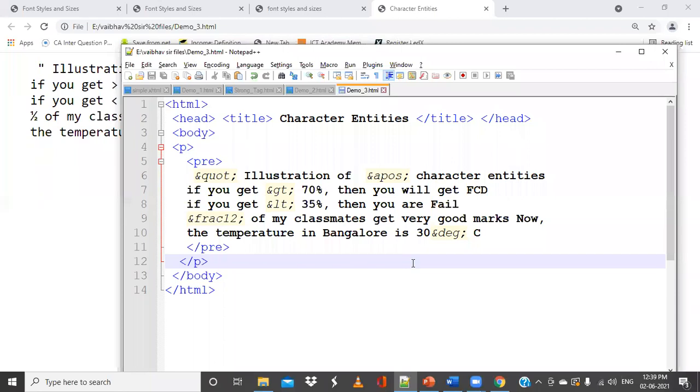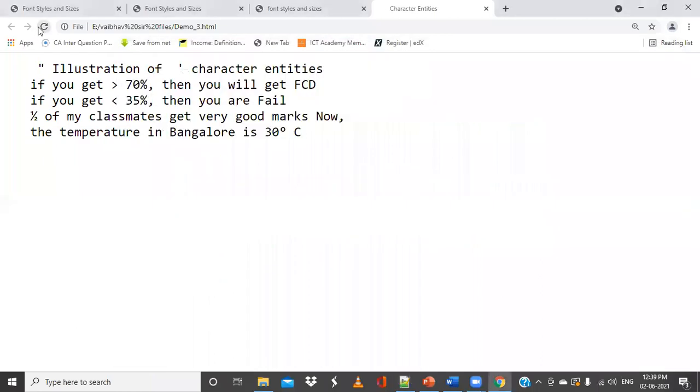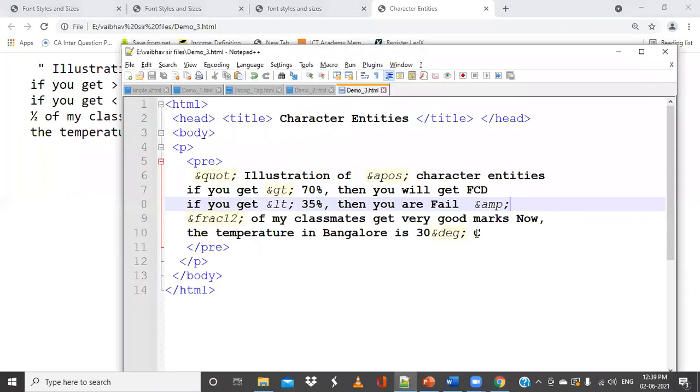Okay, so these are some of the important entities. Ampersand we have discussed. So suppose if you want an ampersand, for that you can use this ampersand AMP. And when I run this, you can see that there is an ampersand symbol appearing. So this is 30 ampersand DEG semicolon, which means degree Celsius.